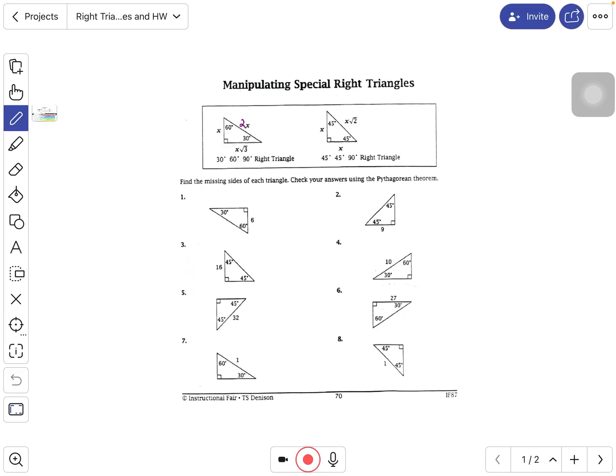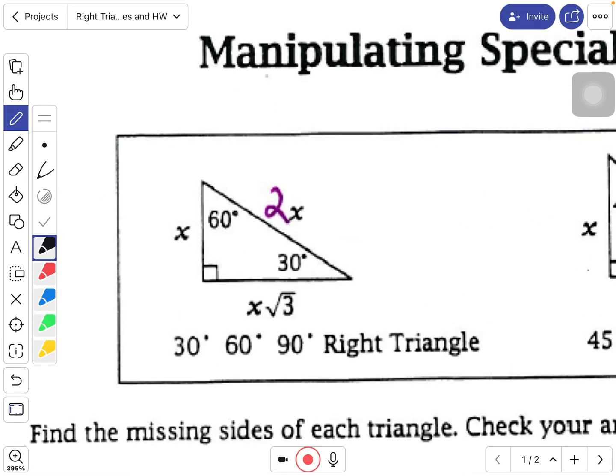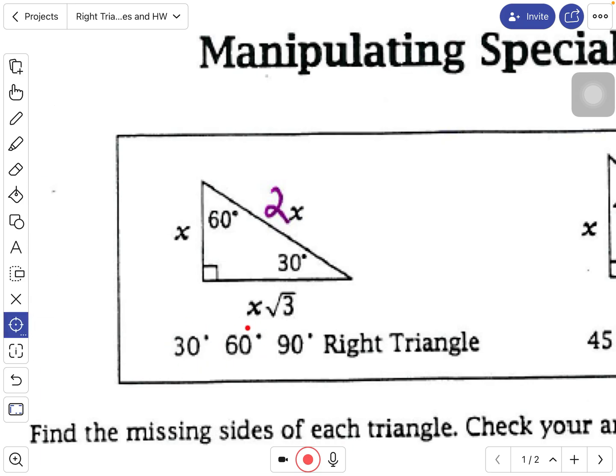All right, so first things first, your very first special right triangle is what we call our 30, 60, 90 right triangle. And it gets this name because, well, you folks know fully well that any triangle is going to have three angles in it. So we have a 90-degree angle, a 30-degree angle, and a 60-degree angle that makes up our 30, 60, 90